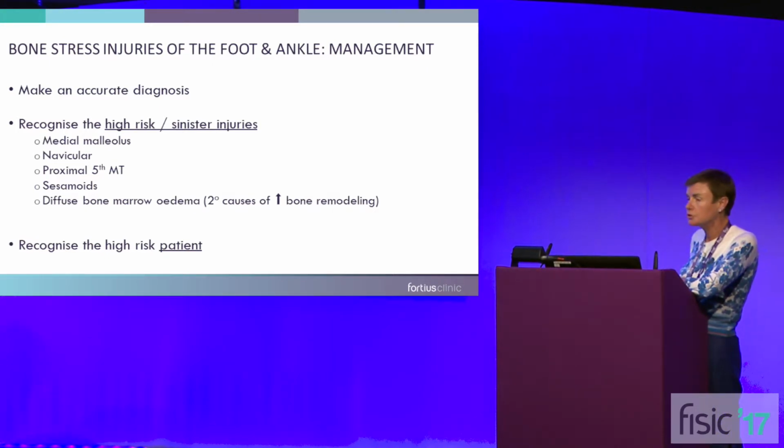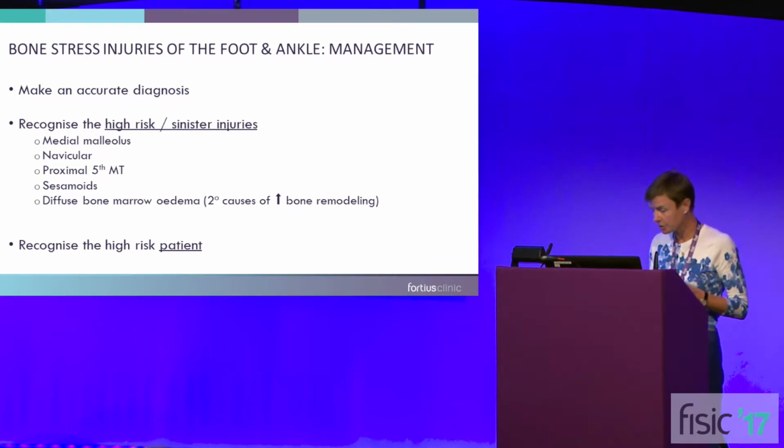And beware the patient who's got diffuse bone marrow edema. As Monica said, when we see that, you have to start to ask greater questions, particularly about the physiology of the bone of the patient that we're looking at. And often these patients will be truly the people who do have significant bone health issues. So we have to recognize the high-risk injuries that are either under tensile stress or prone to a lack of vascular supply, but we also have to identify the high-risk patient.